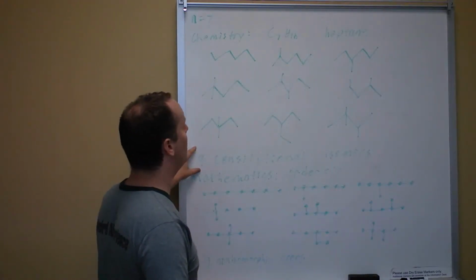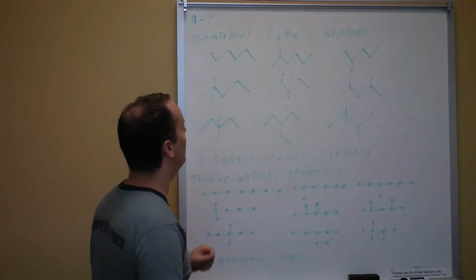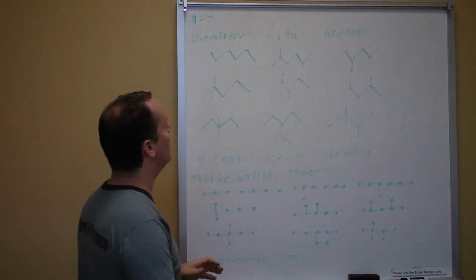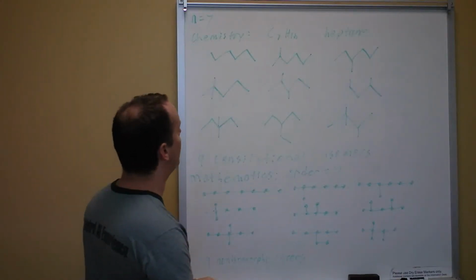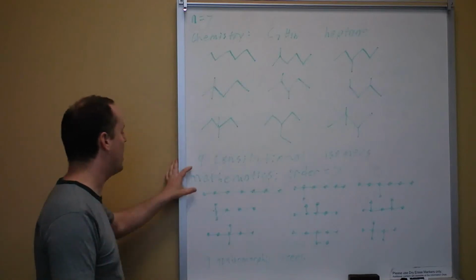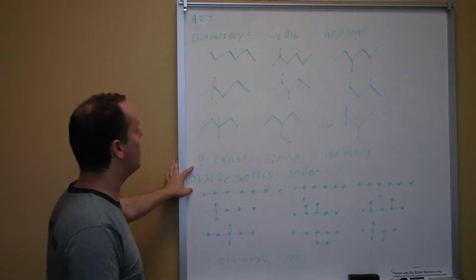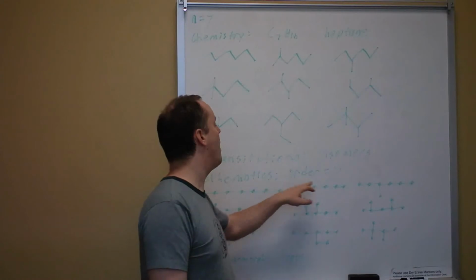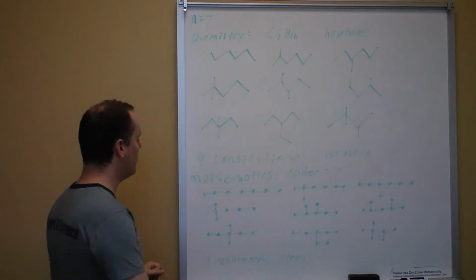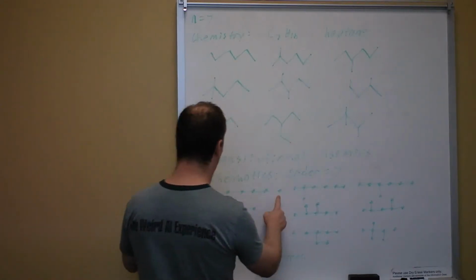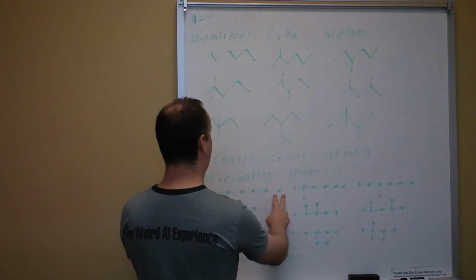So that gives us nine constitutional isomers. All of these could be generically called heptane, but there's actually a way to name them. I'm not going to bother to name them all right now. Now in mathematics, we would say we have a graph of order 7 because we have 7 nodes. So we could have the 7 nodes in a row. That gives us